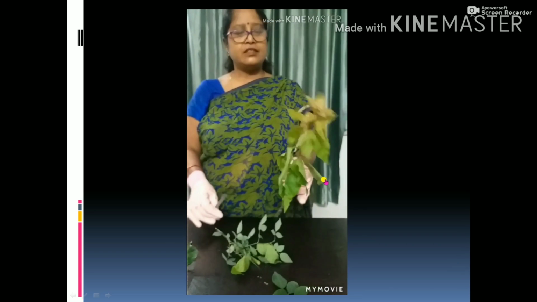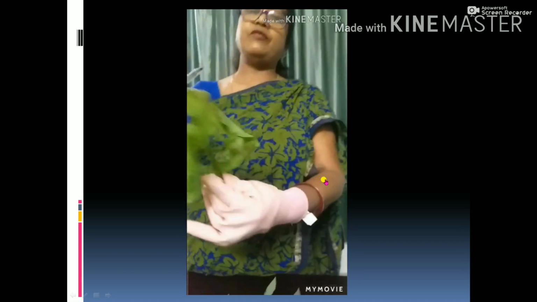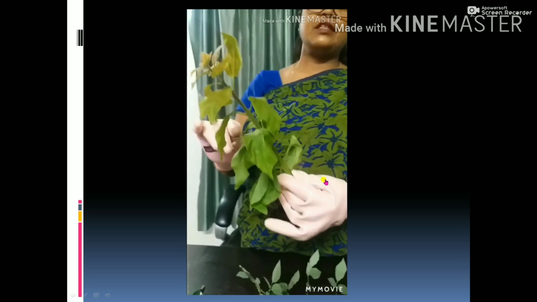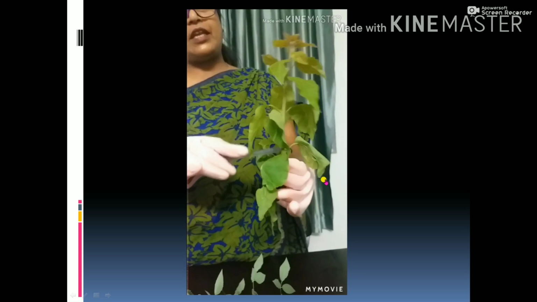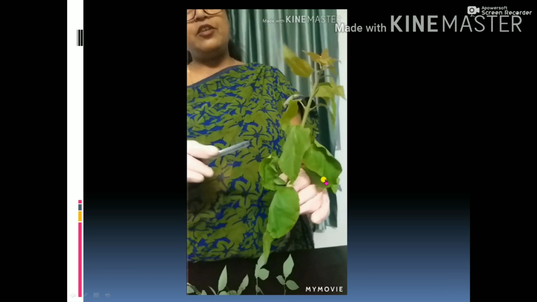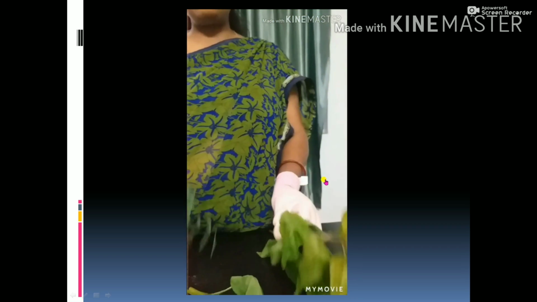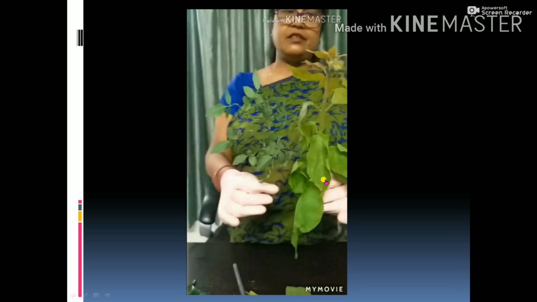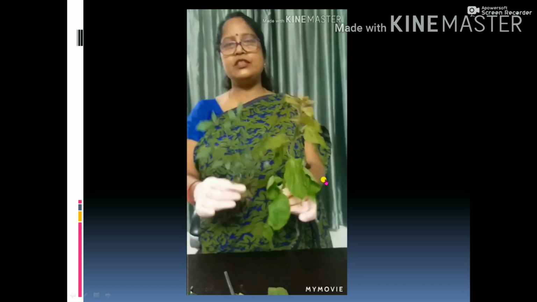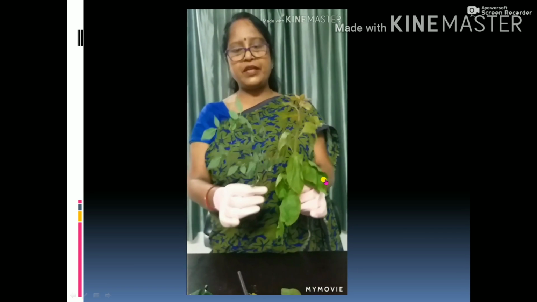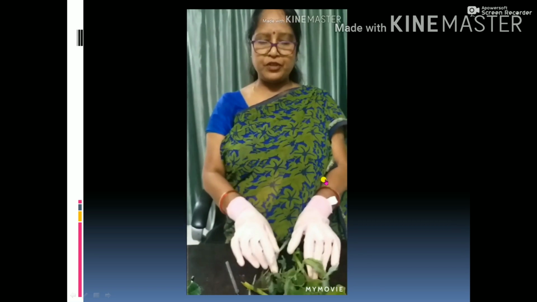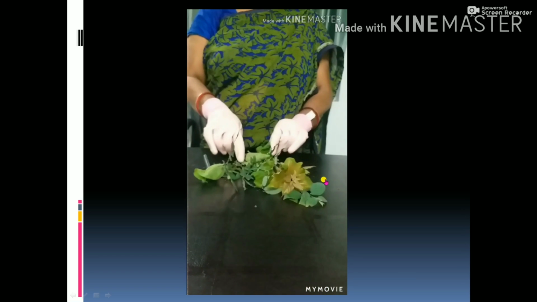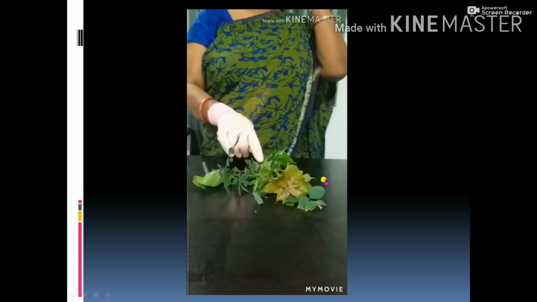You see here, the portions are cut from here into various pieces and each piece will grow into a new plant. The very soft stem should not be cut, but you should cut the woody stem that has become a brownish color. In that also rose. So for rose and bougainvillea, reproduction takes place through stem cutting. Clear? So this is the mode of vegetative reproduction, that is through stem cutting.